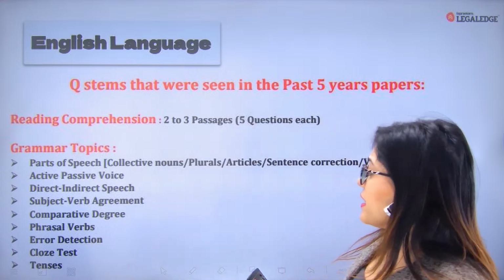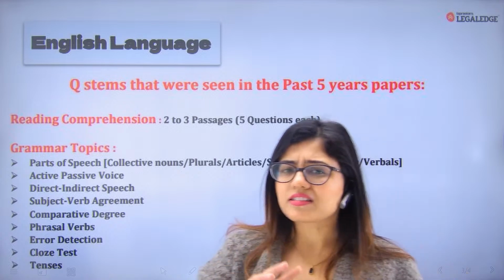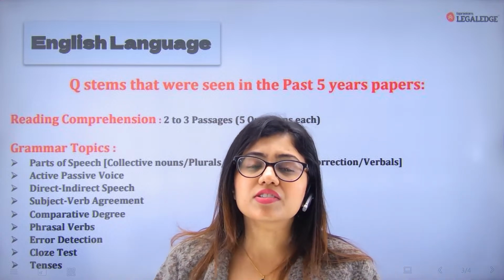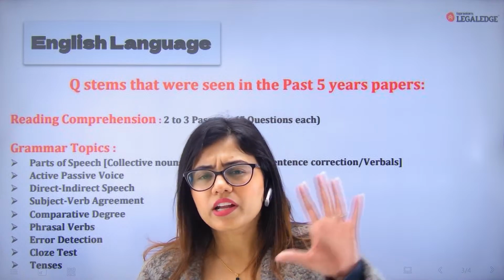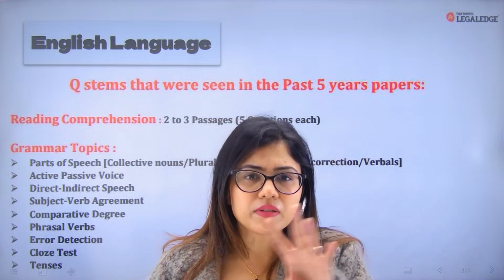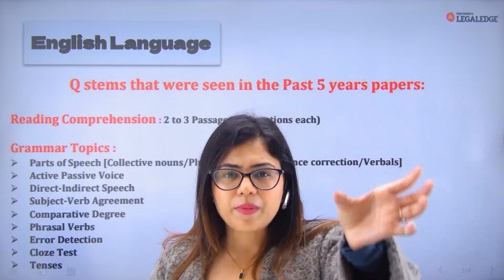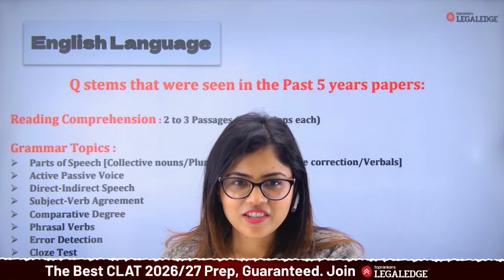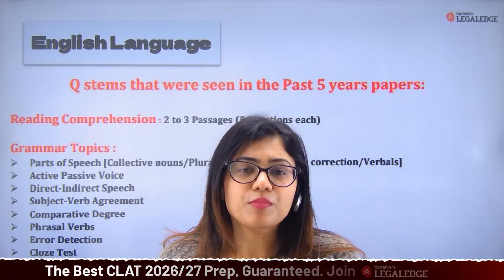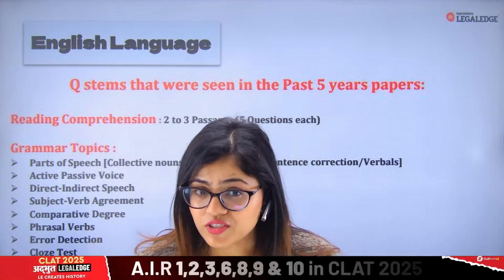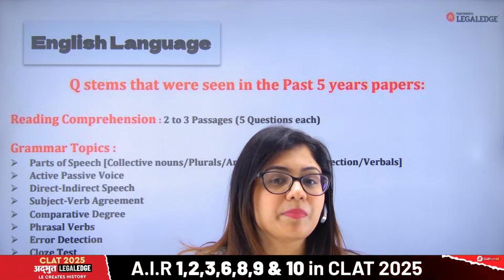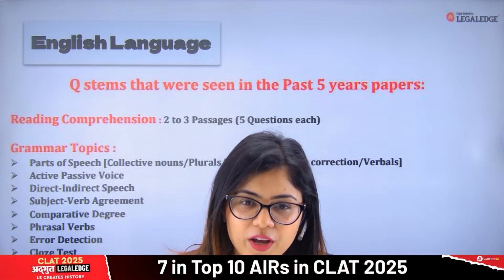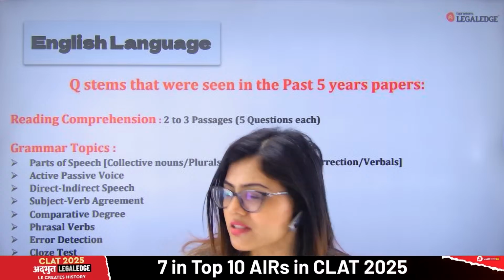Then next important thing is comparative degree. Again, this is a part of parts of speech, क्योंकि comparative degree is something that we study when we study adjectives. तो तुम लोगों को अगर याद होगा, you might have studied that one table where there is positive, comparative, and superlative degree. For example, hot, hotter, hottest. Intelligent, more intelligent, most intelligent. Okay, and you must have also seen that whenever it's time for comparative degree, generally we use the word than to show that comparison. Okay, so comparative degree पे भी बहुत बार questions देखे गए हैं.